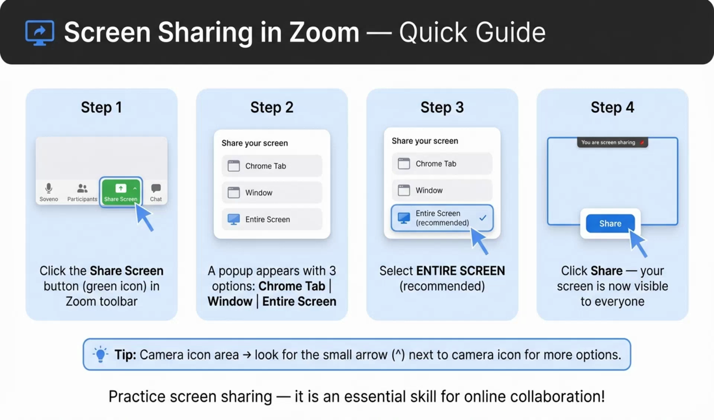yourdomain.com/wp-admin. Screen sharing is an important skill for participating in online learning sessions and getting help from the instructor. In Zoom, click the green Share Screen button in the toolbar. A pop-up will appear with three options: Chrome tab, Window, or Entire Screen. Choose Entire Screen for the easiest and most complete sharing experience. Click Share, and you're done. If you can't find the button, look near the camera icon for a small upward arrow that reveals additional sharing